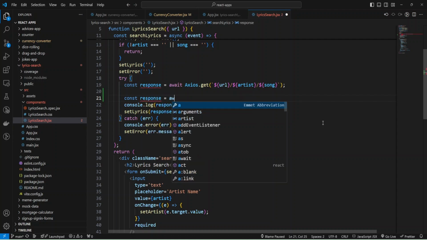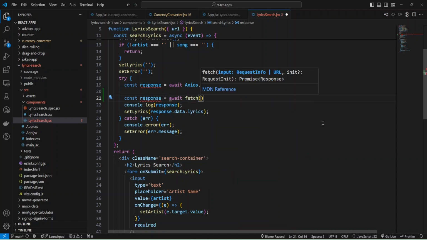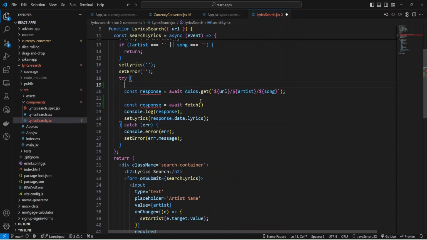Response, await fetch, and I can add some comments and the endpoint, and paste it here, and also the fetch response.